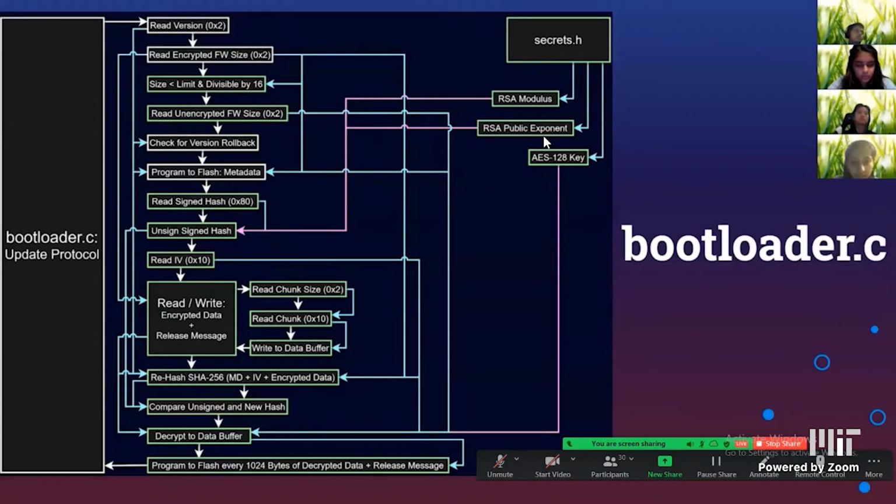The bootloader also reads in the unencrypted firmware size from the metadata, which is also 2 bytes. It checks for version rollbacking, and then it programs to the flash the metadata, which is just the version and the unencrypted size. The bootloader then reads in the signed hash, which is 128 bytes, and then it continues to grab the RSA modulus and RSA public exponent from secrets.h to verify the signed hash and essentially unsign the hash itself. The bootloader then reads in the IV and also the encrypted data and the release message, which it